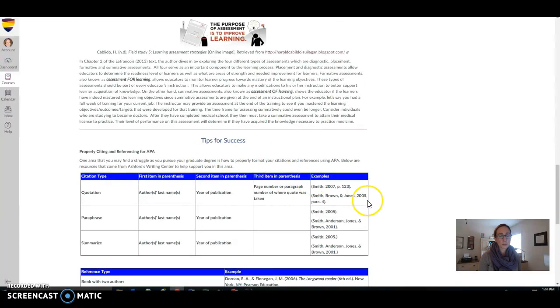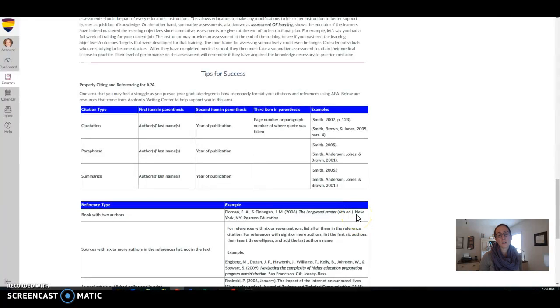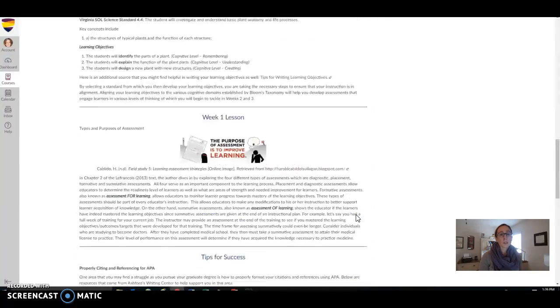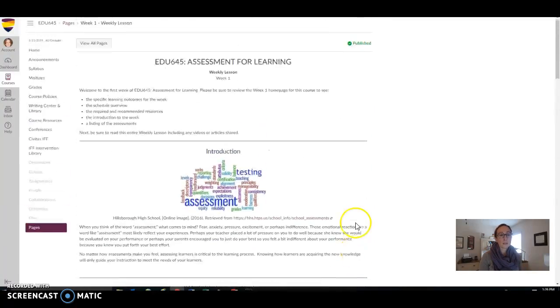And then there's always tips for success. And I really focused on APA formatting, or just APA in general, things that are available to them through the Writing Center or the library, because a lot of them don't know about the free paper review service that the Writing Center offers. So once you get access to the course, you can take a look at all the weekly lessons,